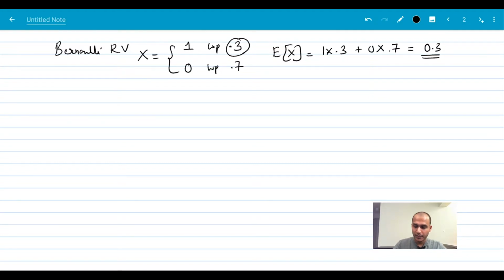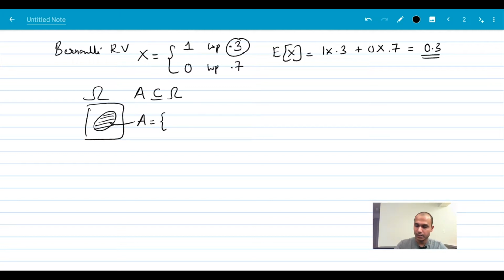In general, think of our sample space, right? And think of an event A, which is a subset of the sample space, right? So our sample space is some box, and there's an event A. This is the event A here. So A is a bunch of outcomes in the sample space, right? Which may have some property. I can just define this collection of outcomes as outcomes in the sample space, but may have some additional properties, right? So that such that A is a nice, interesting event to investigate.